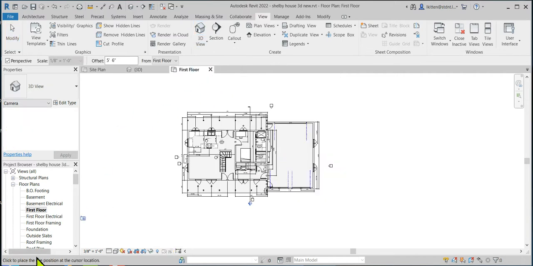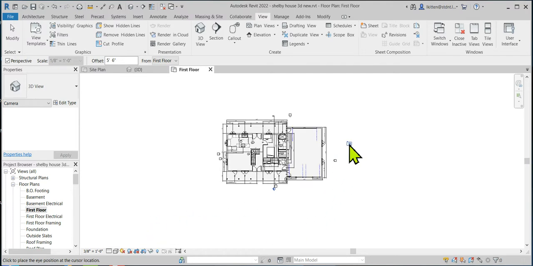Okay, so now if you look at the bottom left, it's sort of trying to tell you what it wants there. It says pick where you're standing or pick where your eyes are at. So pick a nice corner view of your house. The garage isn't as cool as the house itself, so I'm picking over here on my left side a little bit, 30 or 40 feet back from it, right? And then